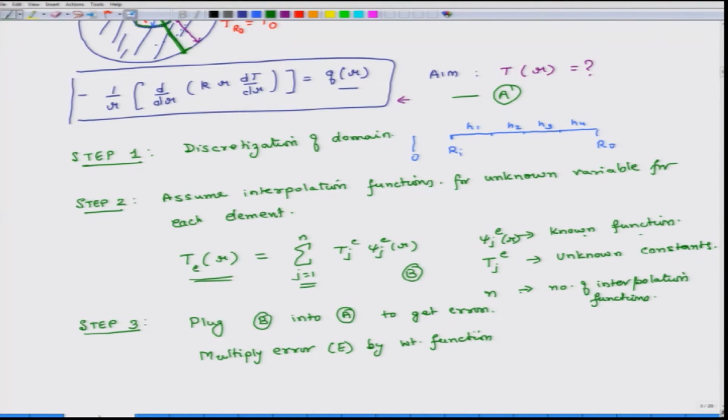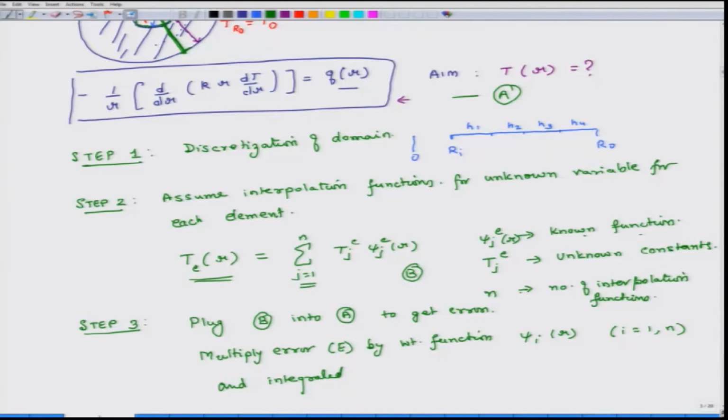Now, how do we choose weight functions? We will see that later, and we have also explained that in FEA 1. So, we multiply it by a weight function, and here we will just pick a weight function as another function psi I, and again it is a function of r, weight function r, and the value of I could vary from 1 to n. So, multiply error by weight function psi I,